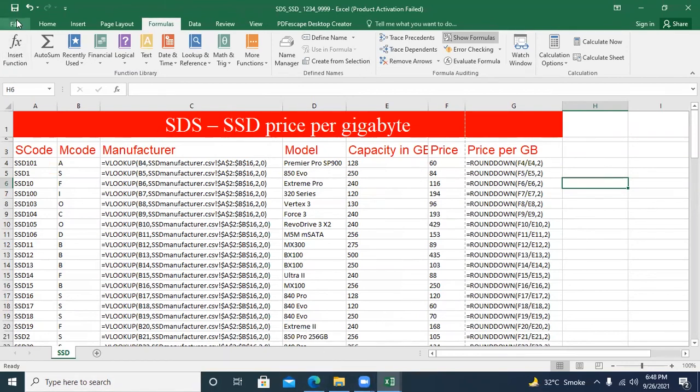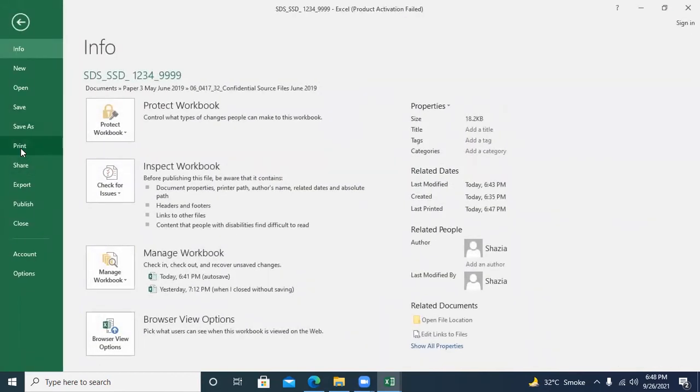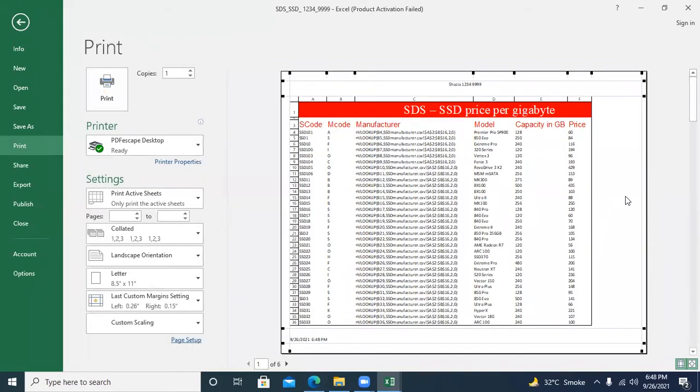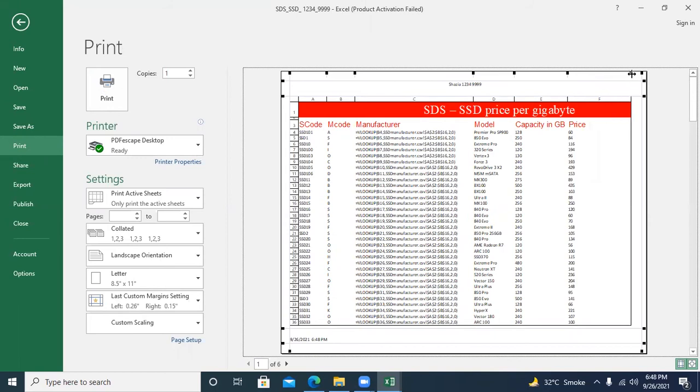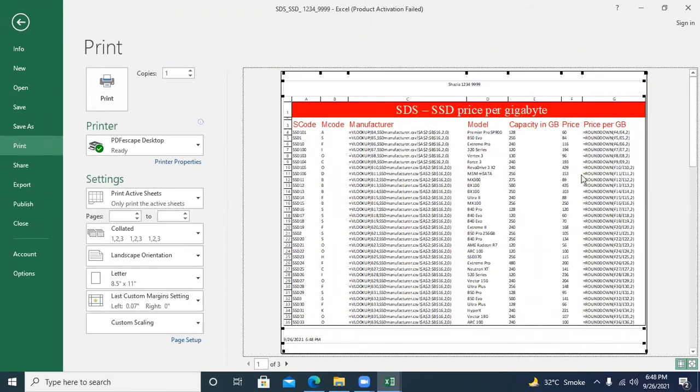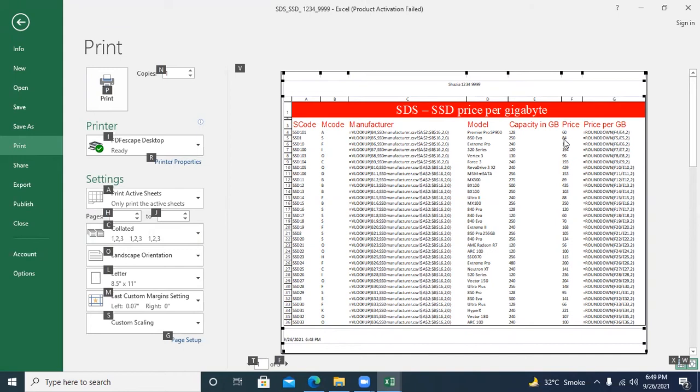So go back to print. Now it shows the complete layout of this page.